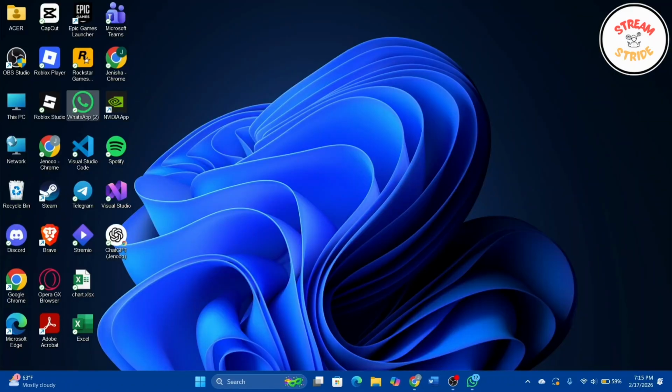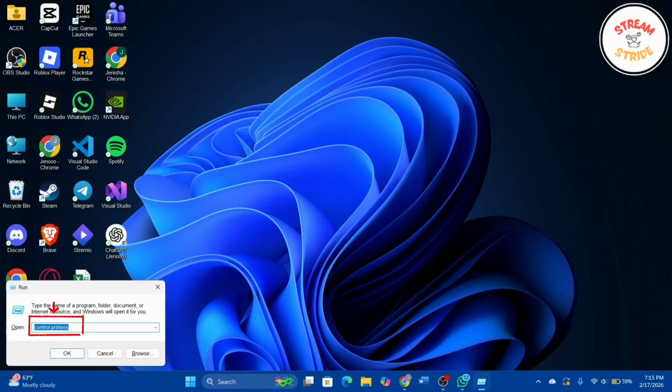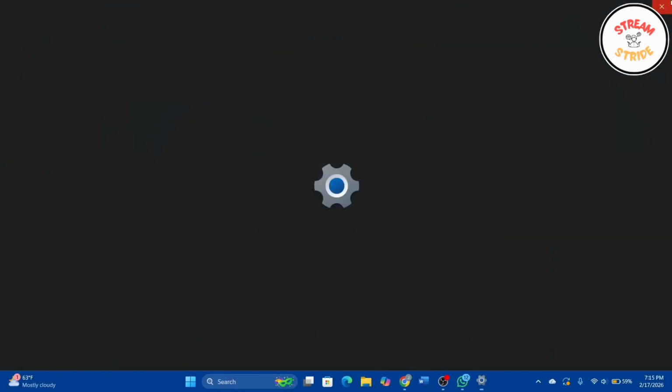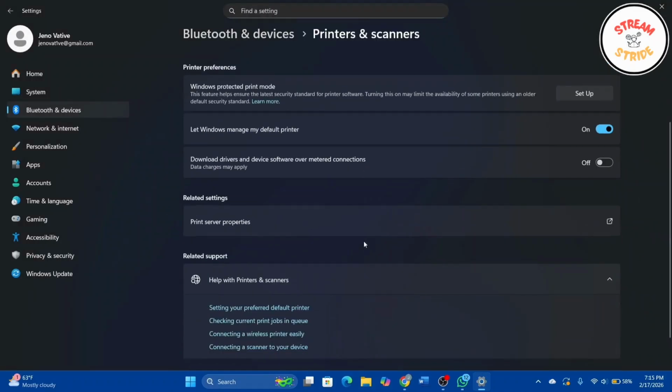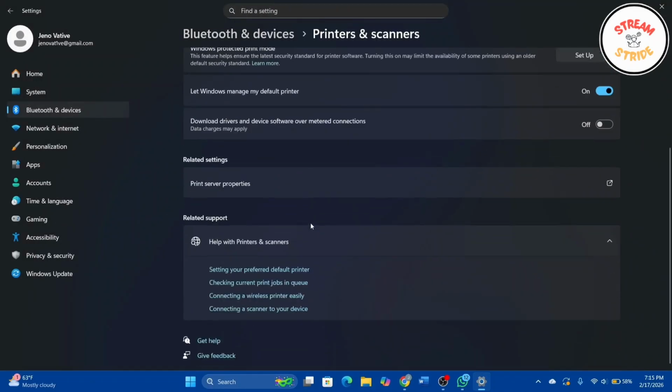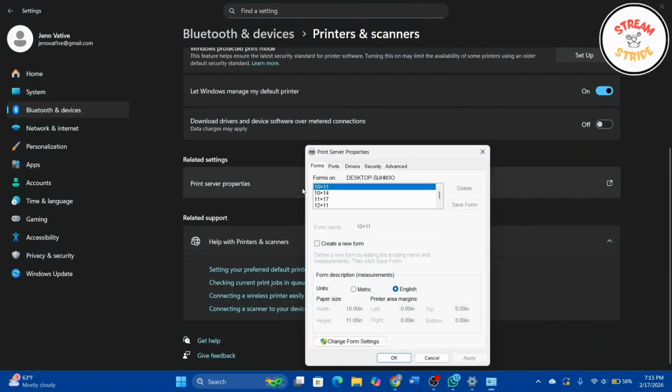And if you mean default print driver, PCL, PS universal drivers, sometimes one printer has multiple drivers, for example PCL, PS universal, etc. So to change a driver, you can press Windows plus R, type in Control Panel, Printers, press enter and go to the printer properties here. Go to printers and scanner, look out for printer properties here, and head over there